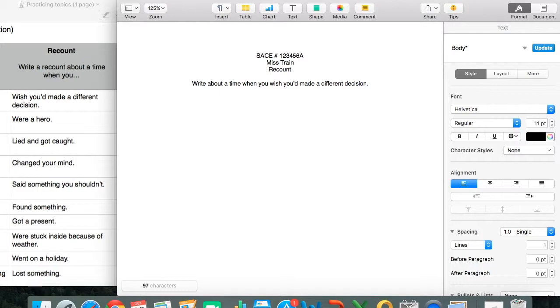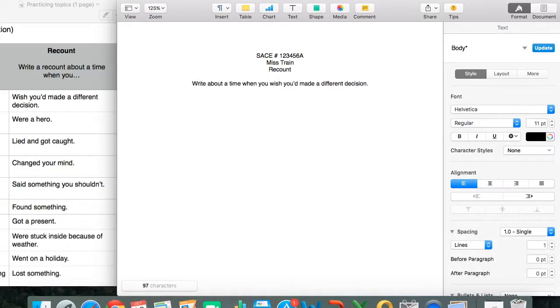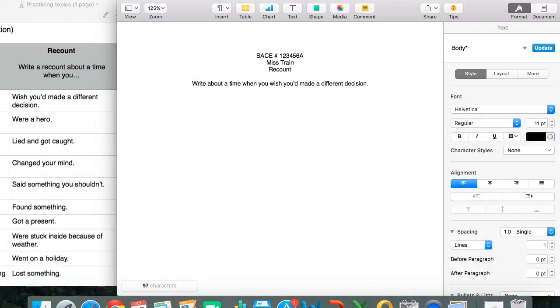It has to be a full recount or a full story that you're delivering, which means an introduction, a body, and a conclusion. I don't want you to write a story that you have to end in the middle because you've run out of words, and I don't want you to write a story that finishes at 400 words and you've got nothing left to tell me. So keep in mind that you're going to have enough to talk about. It is a better option to have a big story that you can edit things out of than a little story that you have to make things up about.